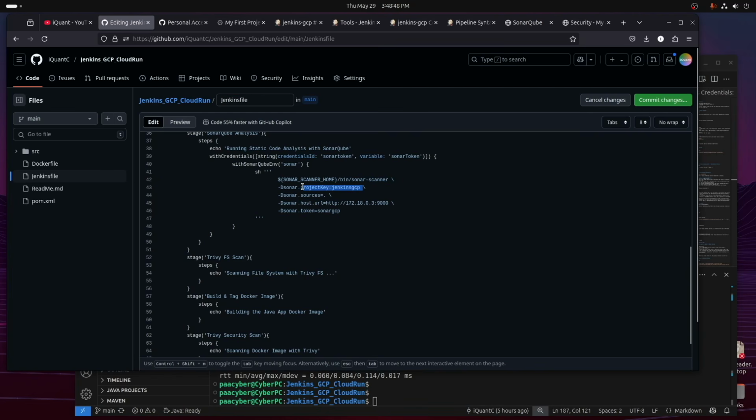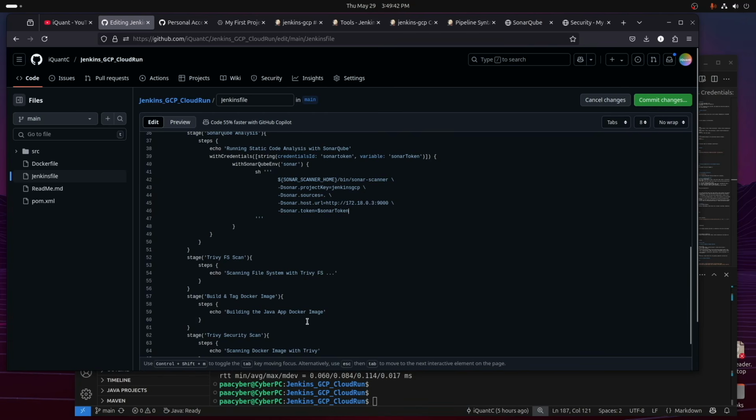So that is our project key. This is our source, which is the current directory. This is our URL for Sonar. And this is our Sonar token. Because our Sonar token is referenced here, remember we saved our token inside our Jenkins. So this actually contains the same information as this Sonar token right here. So I can also use a $ sign and that exact name, the Sonar token there, and it will still pick it up. But we are missing one thing, and that is when we build our project, where will it be